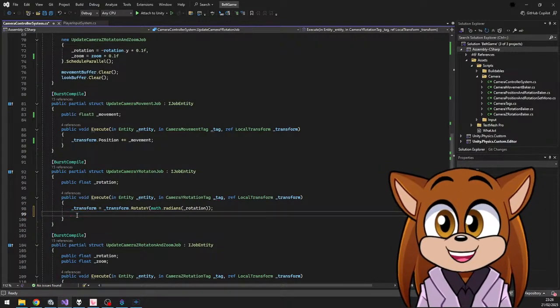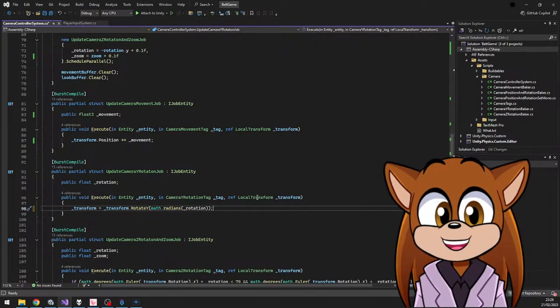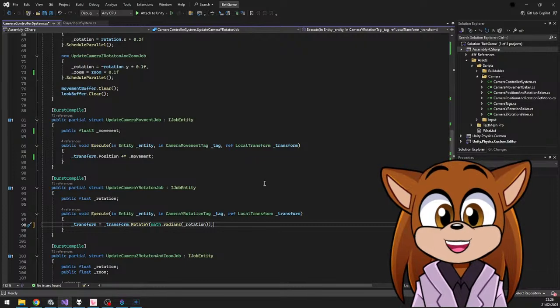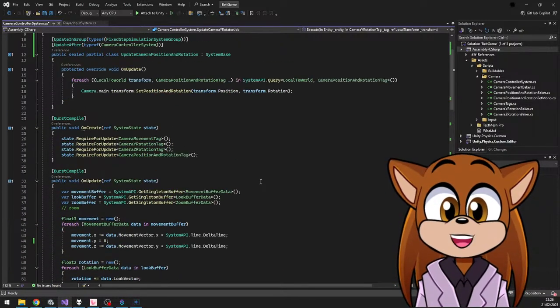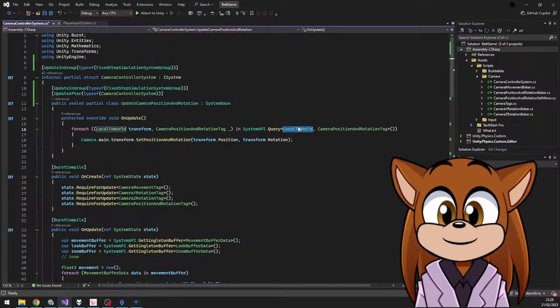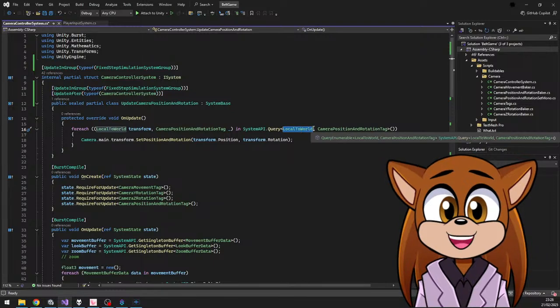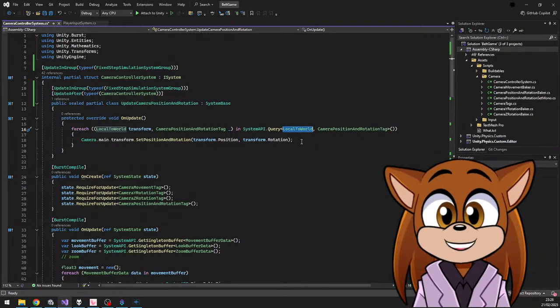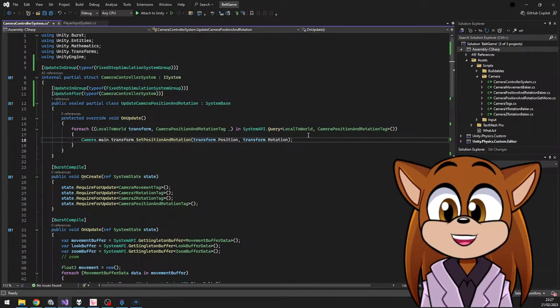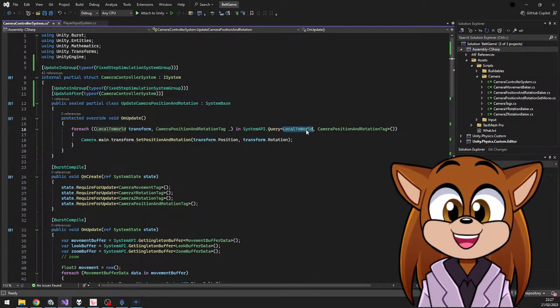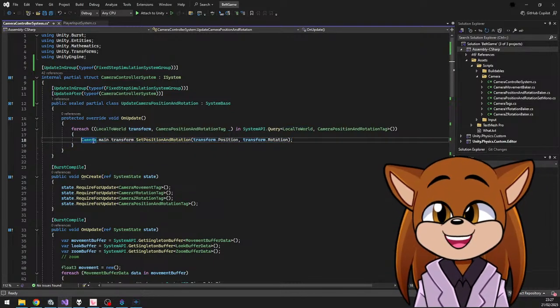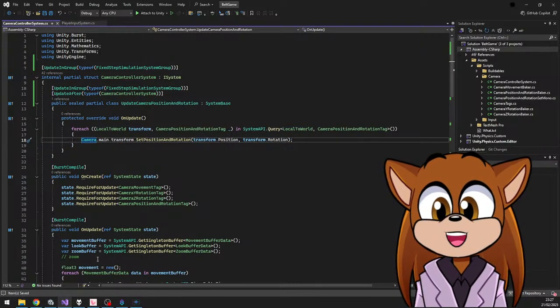But it does say that you shouldn't be using the local transform to try and do that. You should be using local to world. That's what local to world is for. Converts local to world. And there is another one which does the other way around. There's a world to local position. So yeah, that's what I need to do, and then boom, here you go. This now works. So we now have a working camera